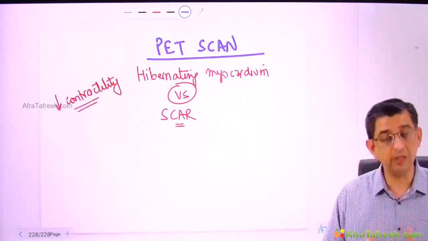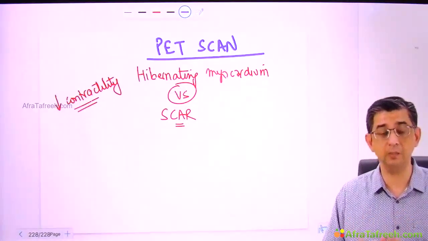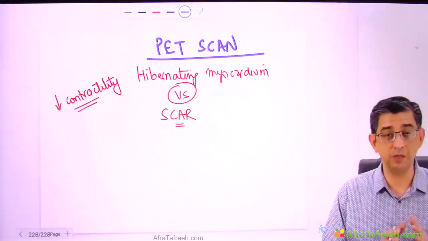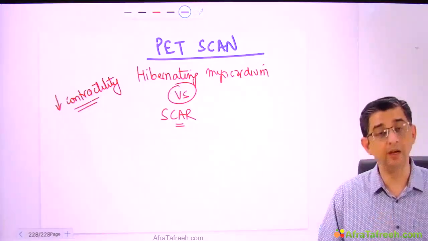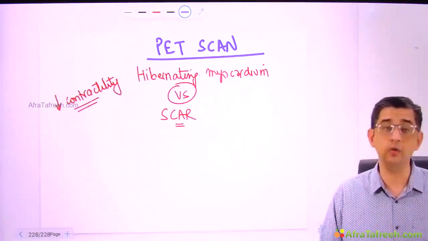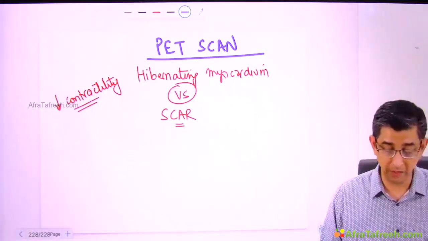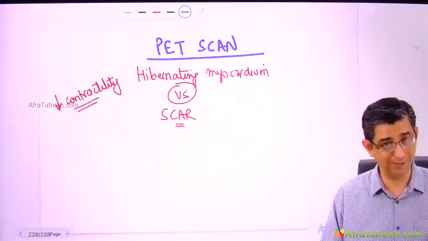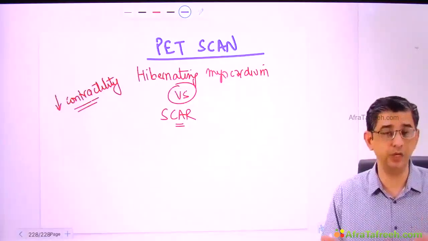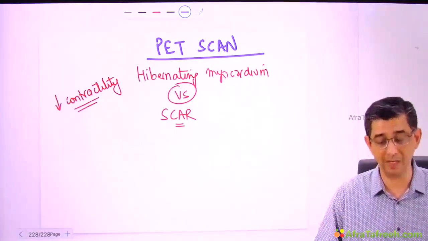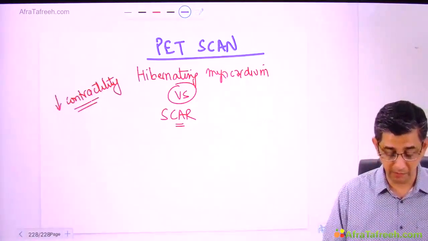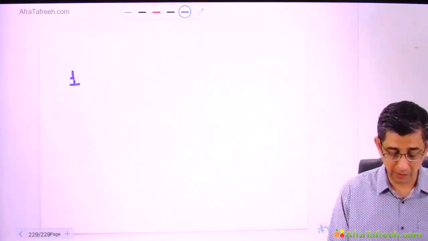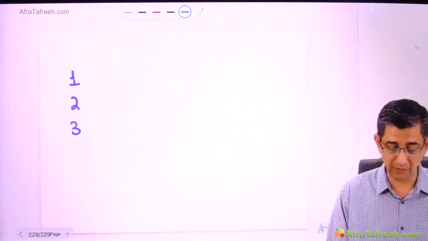So what he did in the exam was, once he simply asked that a person on evaluation has been found to be having less contractility of some part of the heart, that is regional hypokinesia. How do you differentiate whether this regional hypokinesia is due to dead tissue, that is scar, wherever there's dead tissue, ultimately scar will form. So how do you differentiate scar versus hibernating myocardium? The answer is a PET scan. Let me just rearrange the information for you once again so that this becomes a permanent memory. I mean, this is what I have said.